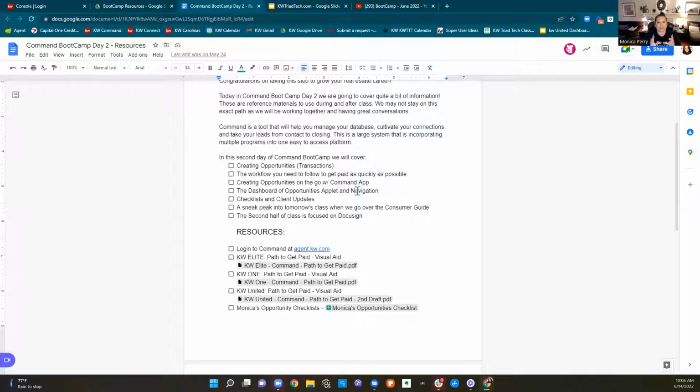And in the second half of the class, we're going to actually implement the workflow. I know that I have some agents that use Dotloop. I'm not teaching Dotloop in BootCamp. I'm teaching Docusign because that's what's provided to us by Keller Williams. In the second half of the class, we're actually going to do a transaction and go through that